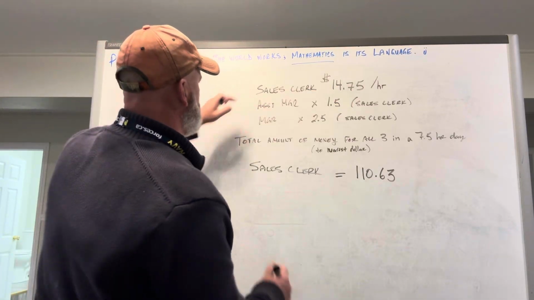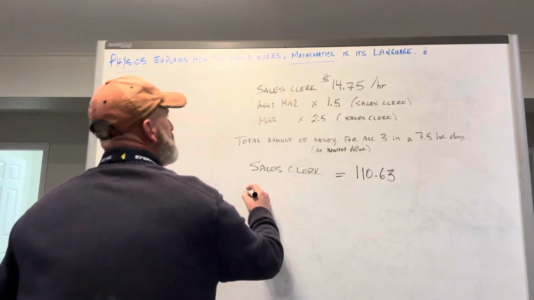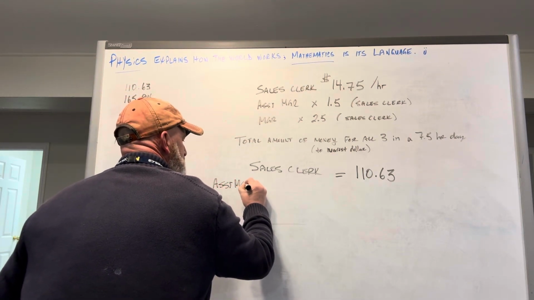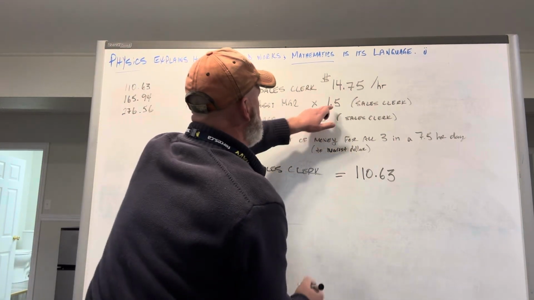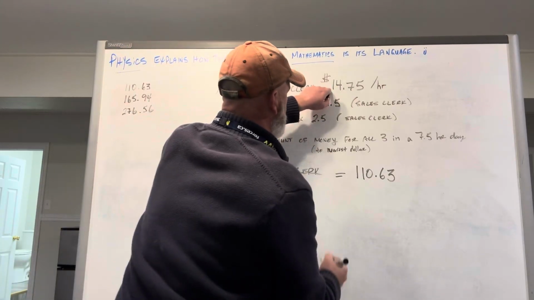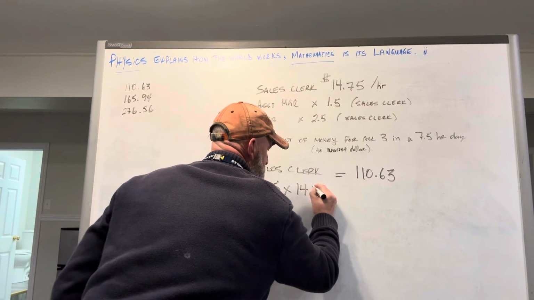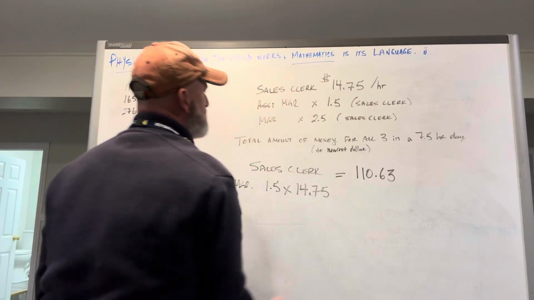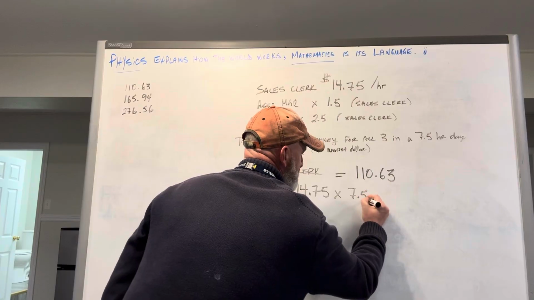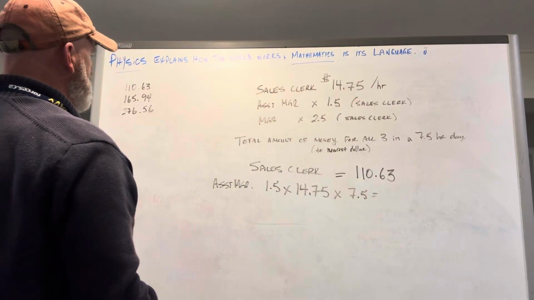You could still go, the assistant manager is going to make 1.5 times 14.75, because that's how much more he makes than the sales clerk. And then we're still going to multiply it by 7.5 hours, and we're going to get